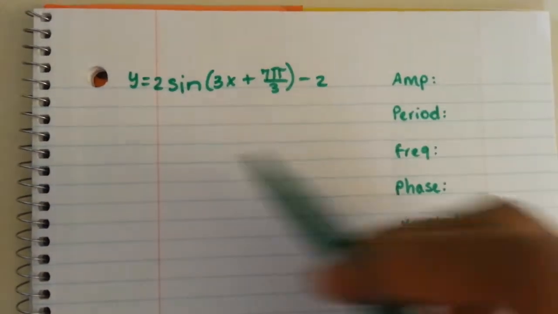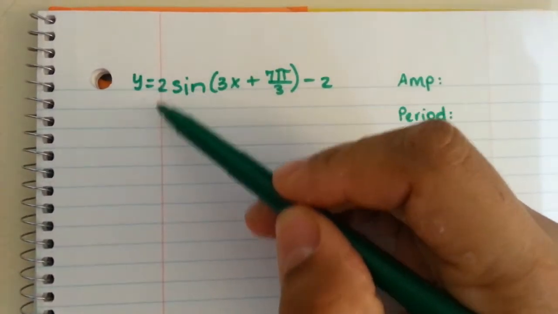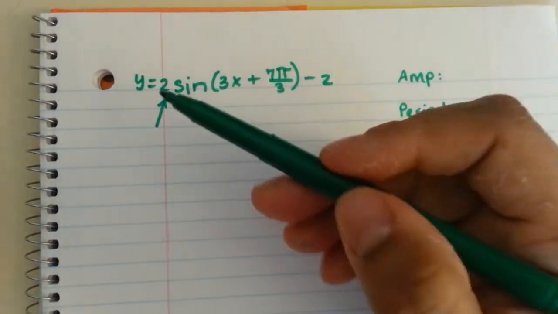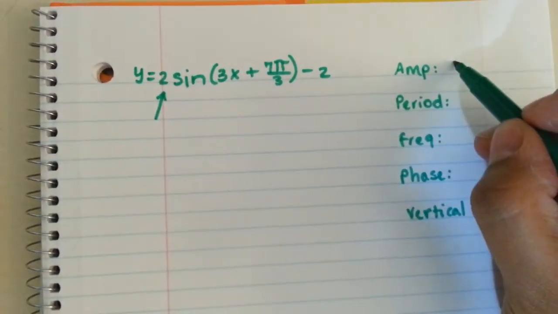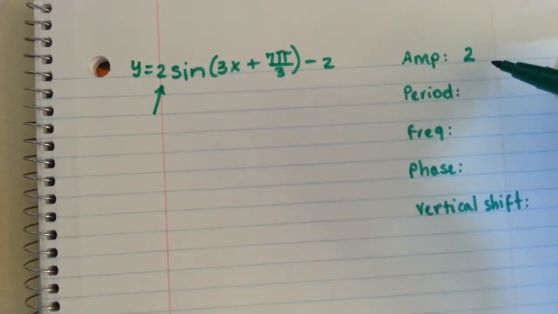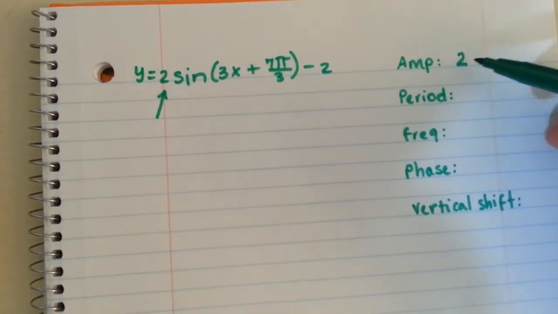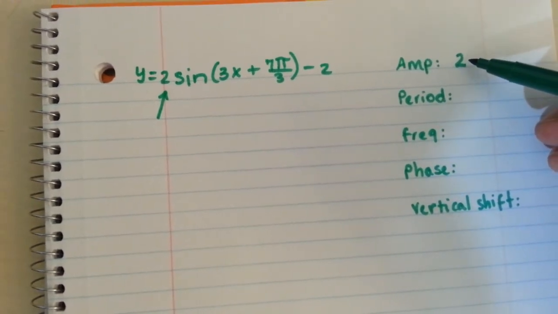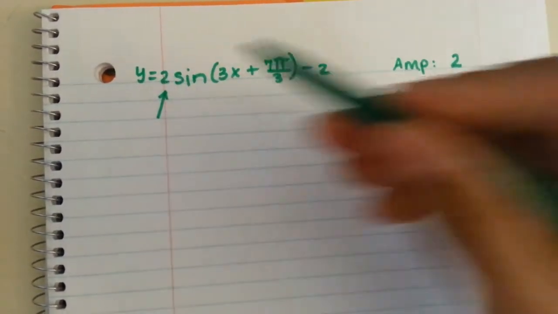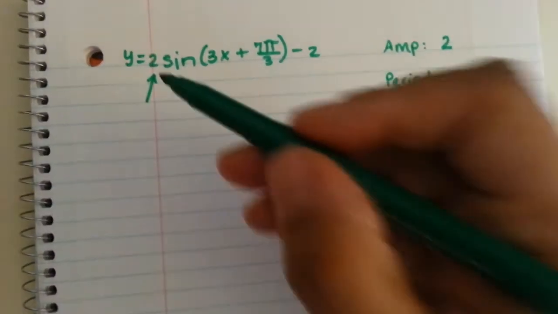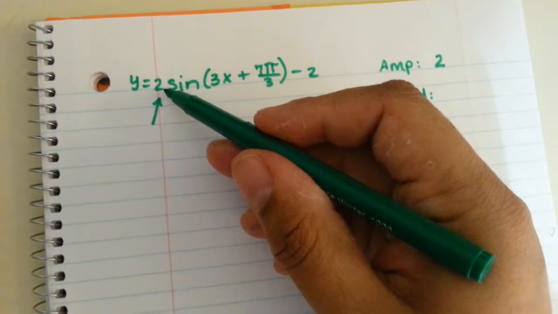With this problem, the amplitude would be simple. The amplitude would be the absolute value of this number. It happens to be positive, so you're going to write a positive number. The amplitude will never be negative. I am going to say that again. The amplitude will never be negative. If this had been -2, the answer would still be a +2. The amplitude is the absolute value of the leading coefficient.